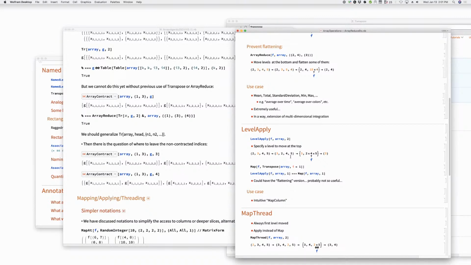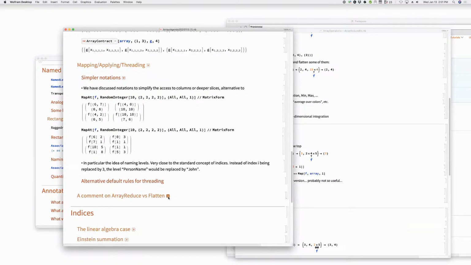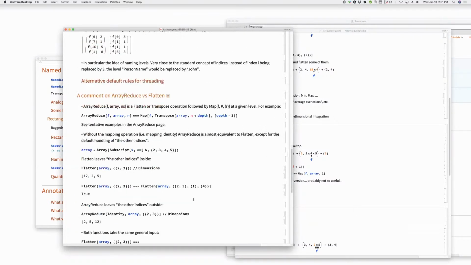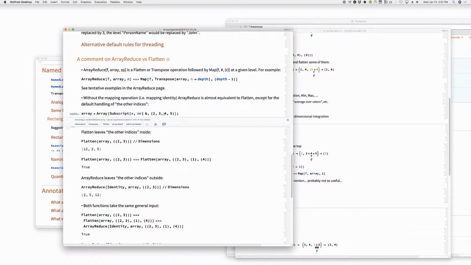Right. Is it equivalent to array reduce otherwise? I think the best way to understand array reduce is to compare it to flatten. There is a subsection further down comparing both. I think that's the easier way. So let's take this array. Evaluate that array. Which one? The next one. This one. So we take that array,